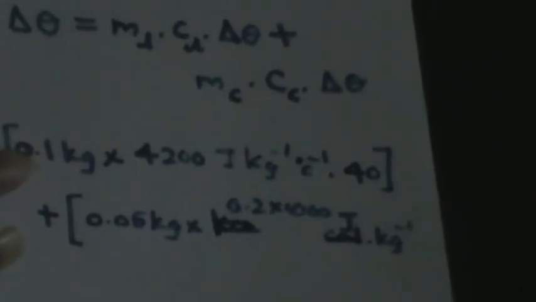Kilocalories. So 0.2 times 1000 calories per kilogram. I'll take this one as joules, right? It's easy because we don't have to convert the units. I'll take it as kilojoules per kilogram per Celsius. So this 0.2 kilojoules means 0.2 times 1000 joules, because 1 kilojoule is equal to 1000 joules. So this is 0.2 times 1000 joules per kilogram per Celsius